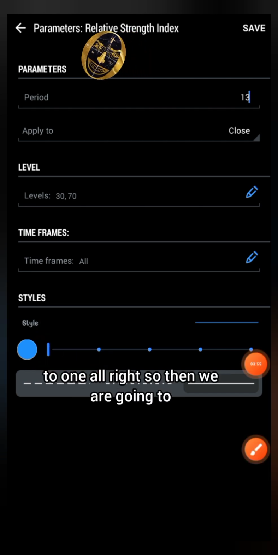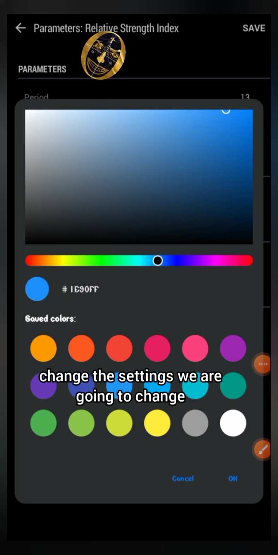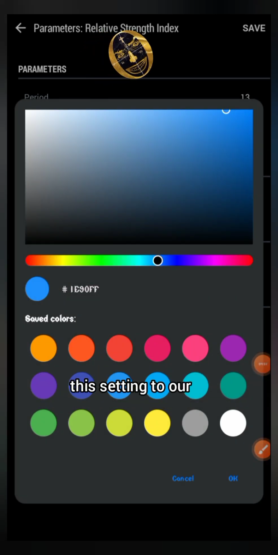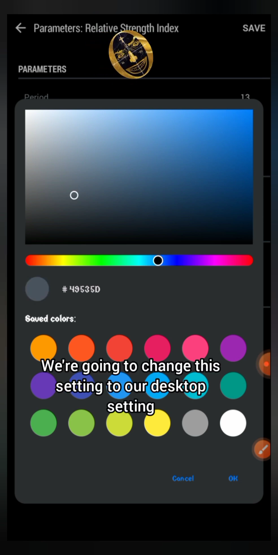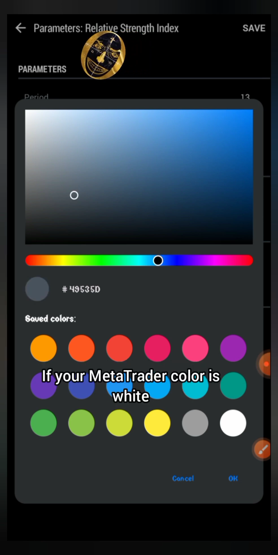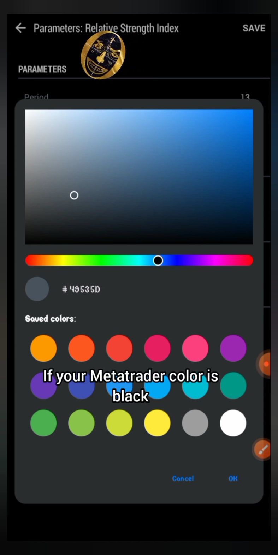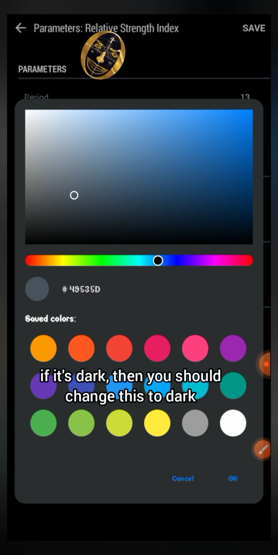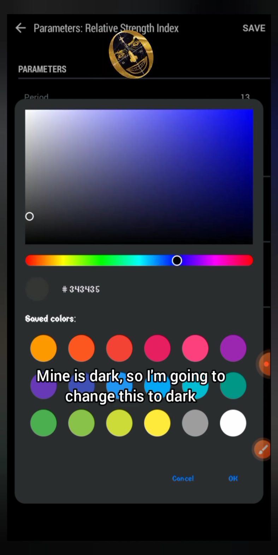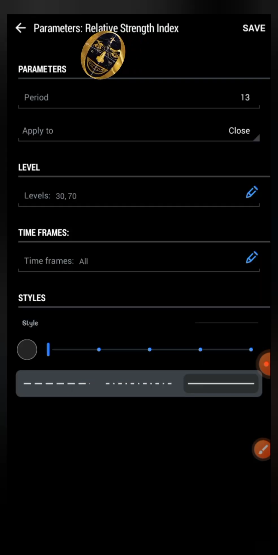All right, so then we are going to change the settings. We are going to change this setting to our desktop setting. If your MetaTrader color is white, you should change this to white. If your MetaTrader color is black, if it's dark, then you should change this to dark. And mine is dark, so I'm gonna change this to dark. So I'm gonna click OK, then